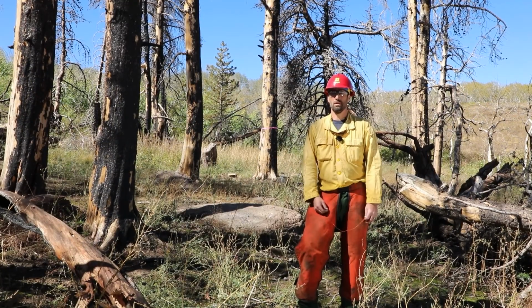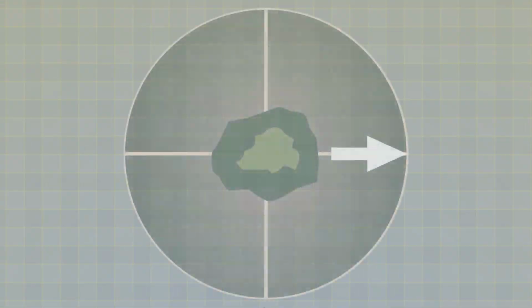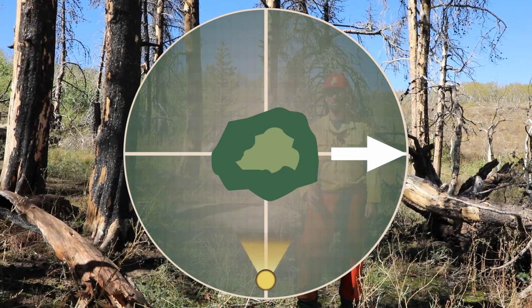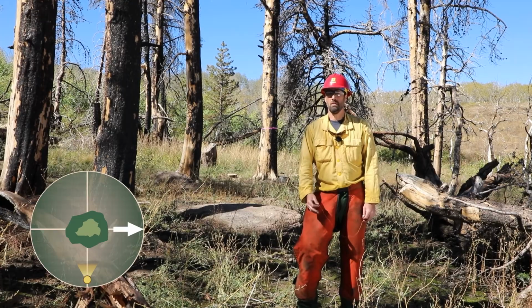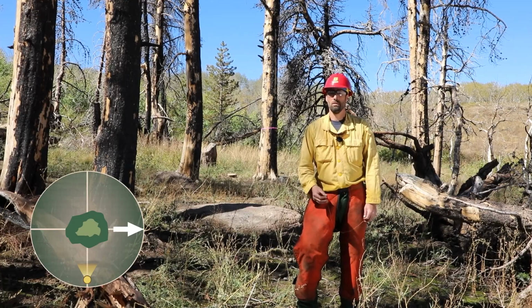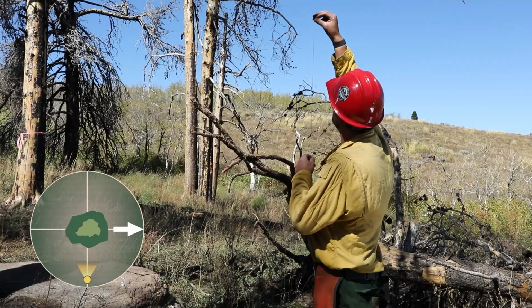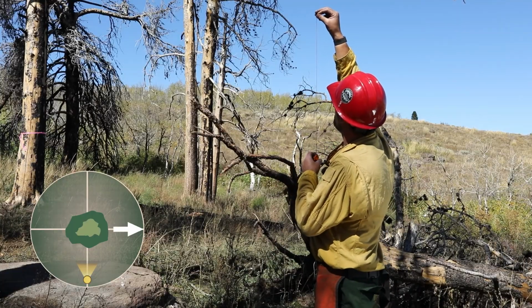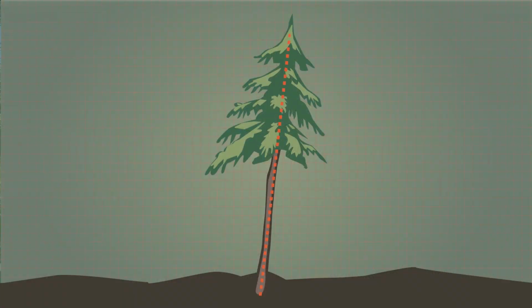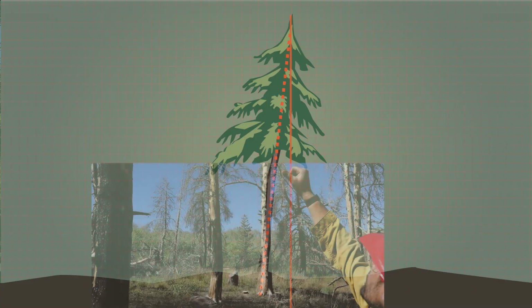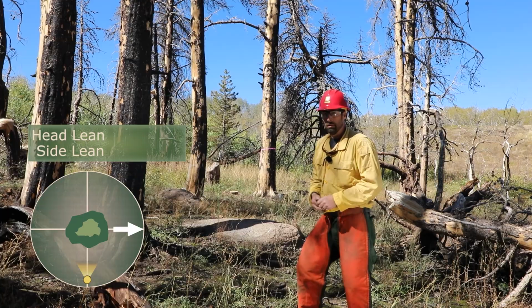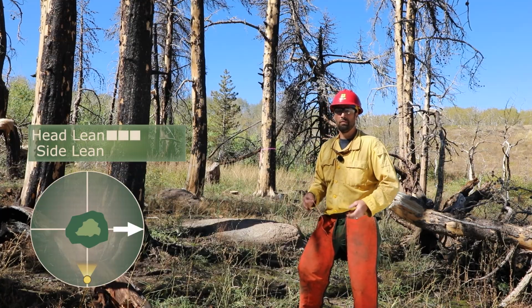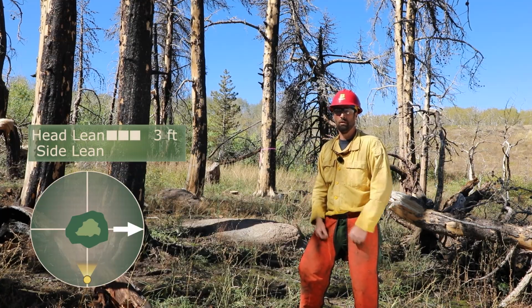Based on my initial impression and the objective I've selected for this tree, I've now moved 90 degrees for my intended lay, and I'll be assessing how many feet of head or back lean are present. I'm aligning my plumb with the top of the tree and making note of where the plumb intersects the ground. Based on my plumbing, I've determined I have 3 foot of head lean, which supports my original objective.